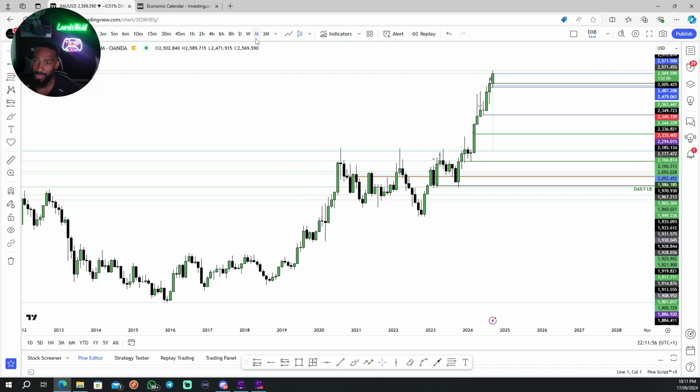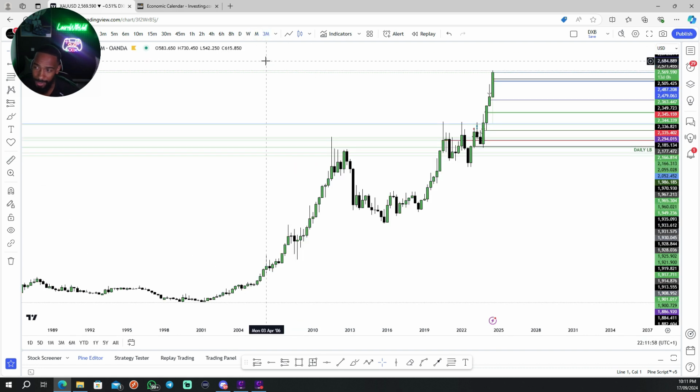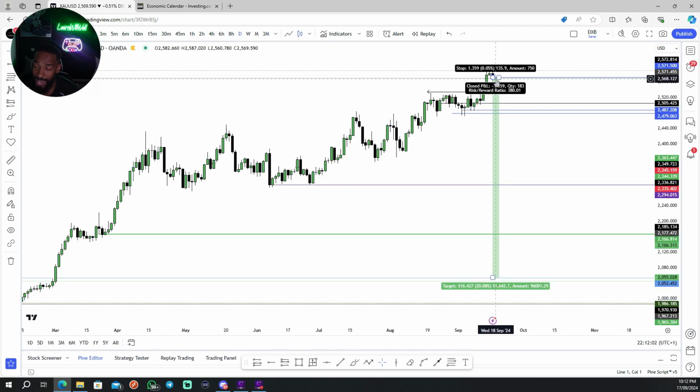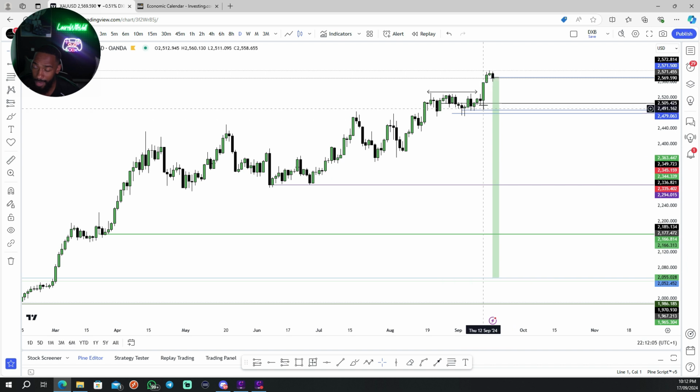So I'm not saying that the trade that we're in right now is going to push us down to this level. I'm not saying that at all. But what I am saying is that if we can continue to get a bearish direction towards this low down here, guys, then any pullbacks back upward would actually give me confidence to try and sell this.